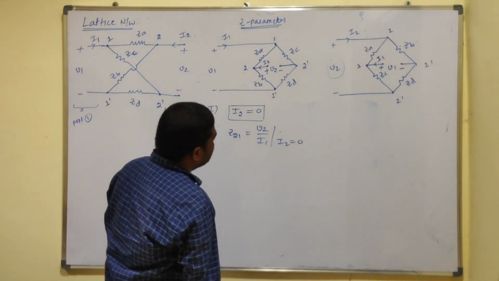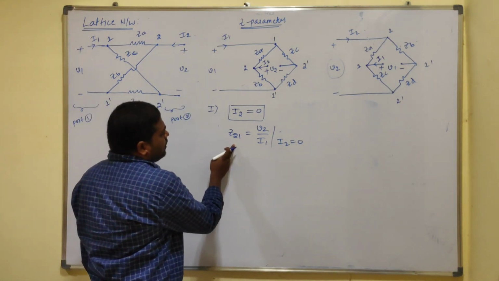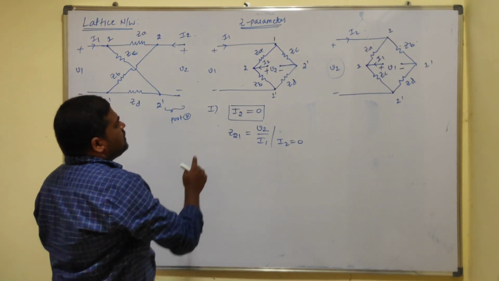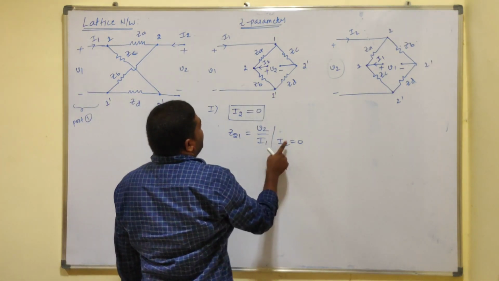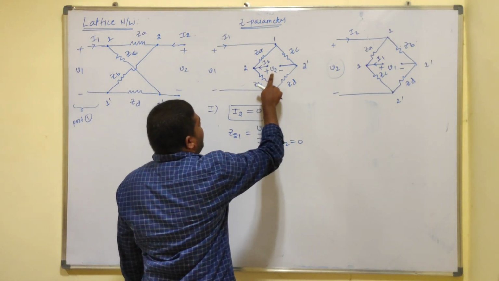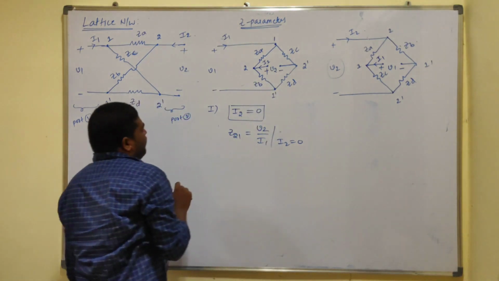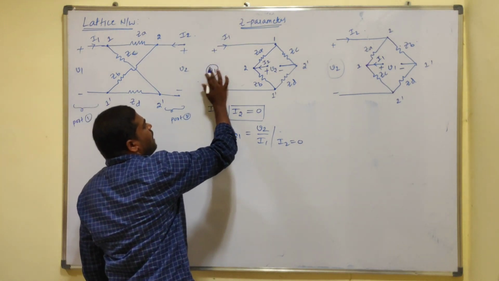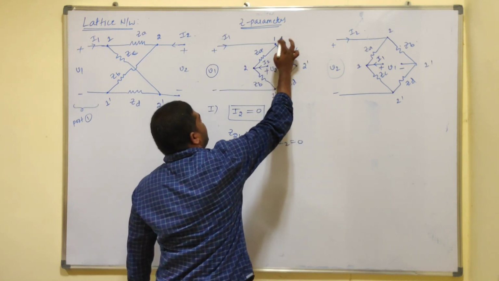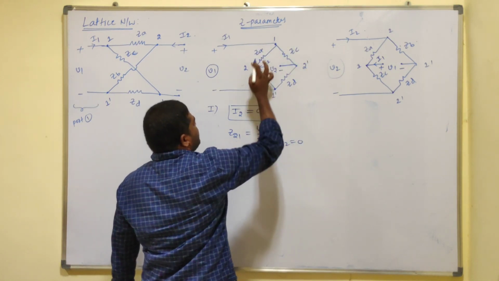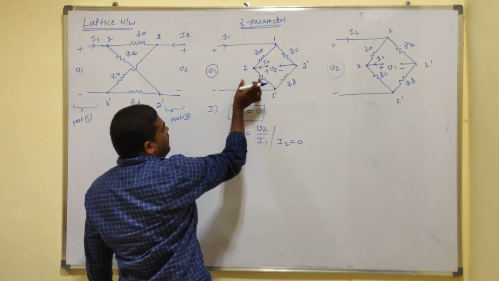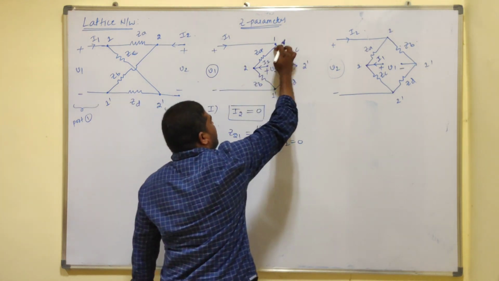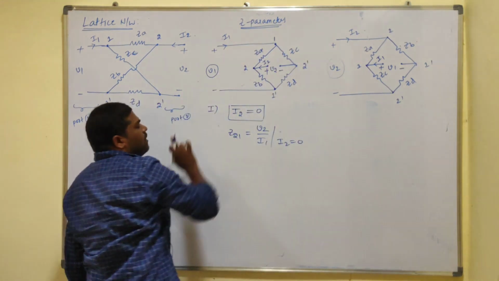Now, just observe this network. Here I2 equals 0, so this entire circuit should be converted to two parts. This voltage drop V1 is applicable for this entire branch as well as this entire branch, right? The ZA ZB combination is one branch, and the voltage drop across this complete branch equals V1, and the voltage drop across this particular branch is also V1 only, right?